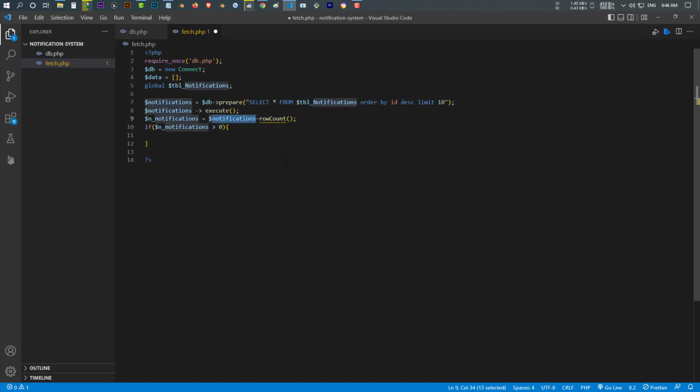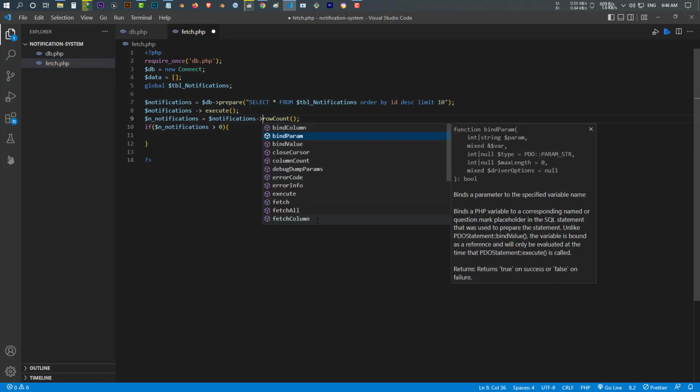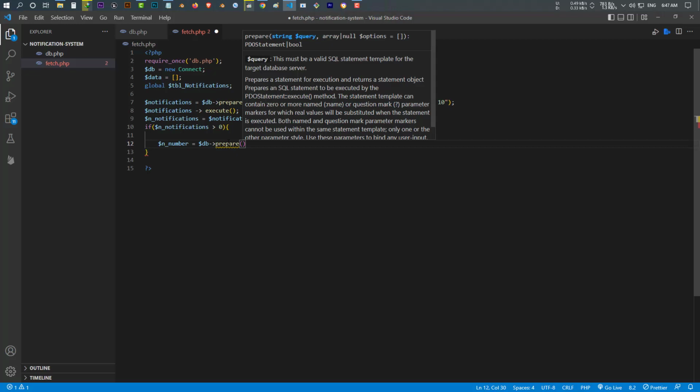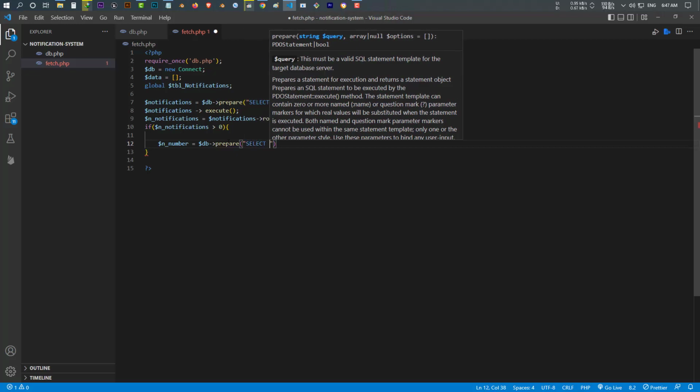Okay, there's a problem. Now I got it. Here I have to put an arrow. Okay, if notification is bigger than 0, which means there's a notification, now I want to fetch the notifications, fetch the number of notifications. Okay, so how can you do that? I make a variable, call it n number, and this is equal to from db. I want to prepare, and I say select everything from